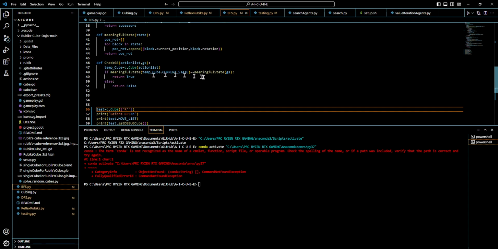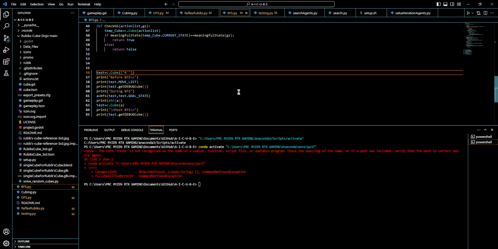And along with this, just is kind of like our check of terminal, or a terminal state checker, and it just checks if a cube that has undergone all the actions currently within our action list will reach its goal state, since all cubes have the same goal state. So now we'll do a quick run, and our cube method can take in any number of things for a scramble. It could take in an integer for a random scramble. You could take in an array of strings like this for a list of moves, or even a file. So just running this,